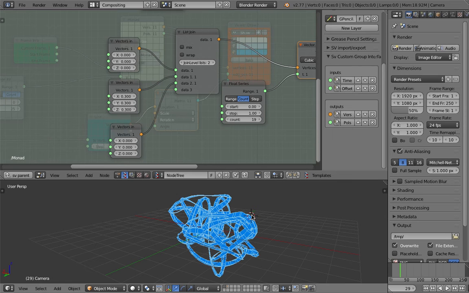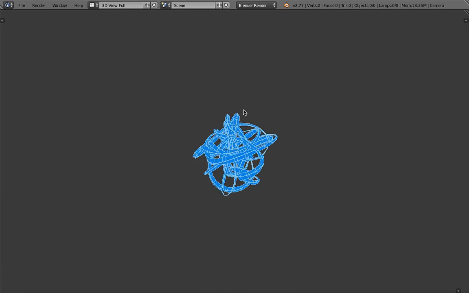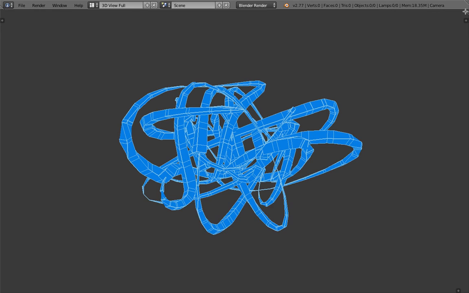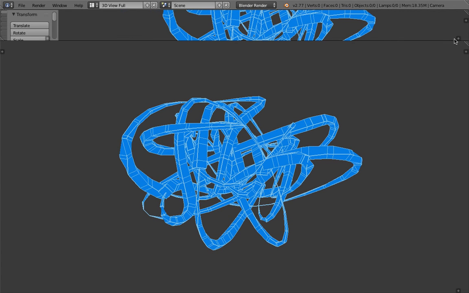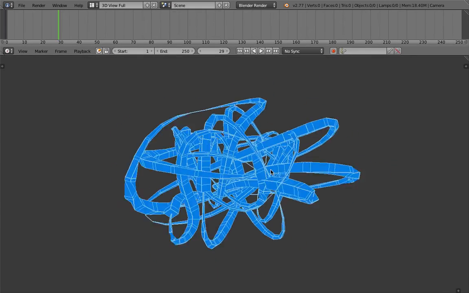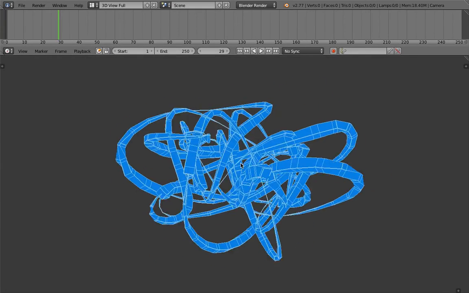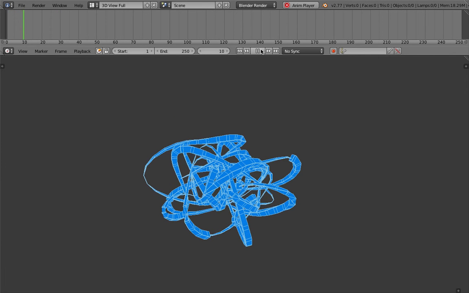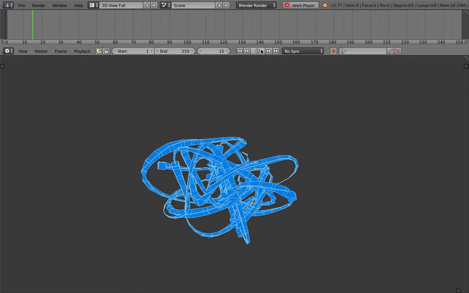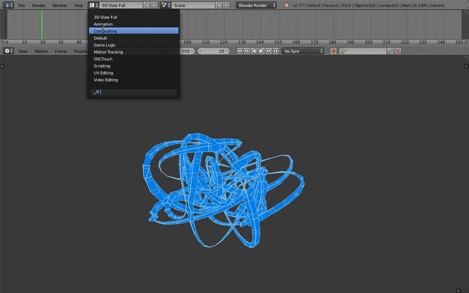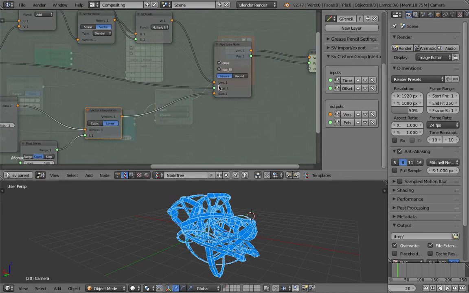Maybe if I just full screen it to the view full, let's have a look. Grab the timeline. It's actually really fast. It's interactive right here. When we play it back, still quite interactive. Can be faster, I think, if we turn off the